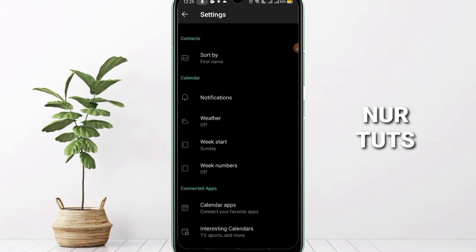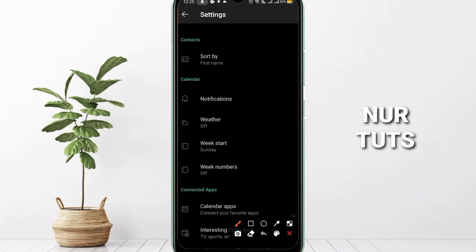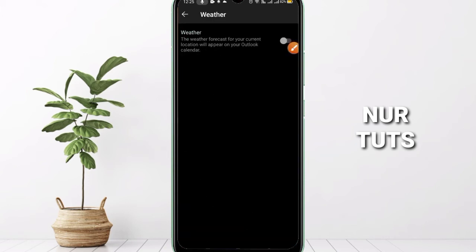just weather off, and click on it. Then here you can see it looks like off. Okay, so just turn it on, then